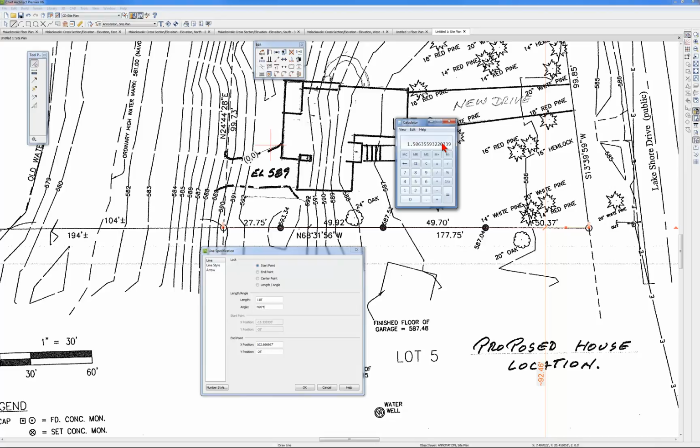All right, now I'm going to write that down. Actually, I think I can copy this. No, I can't copy it, so I got to write it down. I'll write it down over here. Oh, for Pete's sakes, I can't find a decent pen when you need one. 1.50635593220339. Okay,